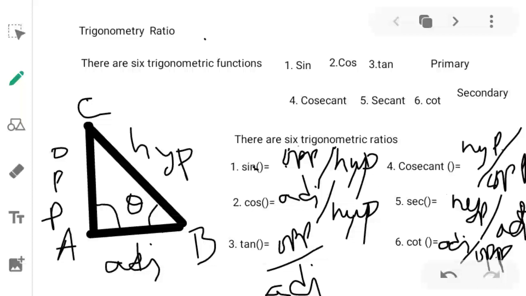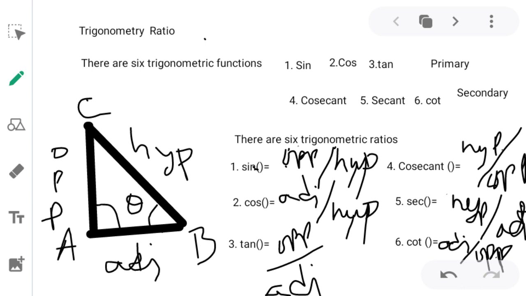Hello students, in the last video I explained Pythagoras theorem, which is the basis of trigonometry. I solved three basic examples to find the length of a guy wire and the height of a ladder or pole. For those who haven't watched that video, I am going to give the link in this video also.